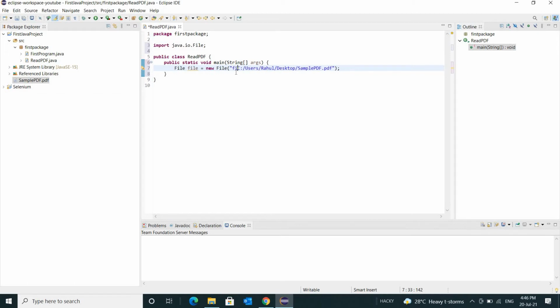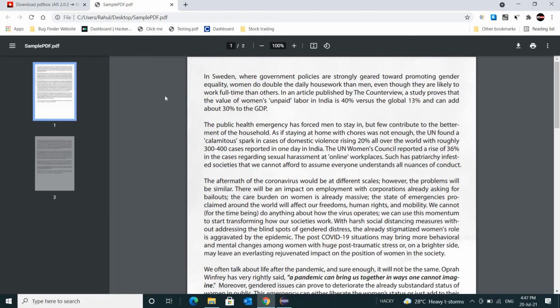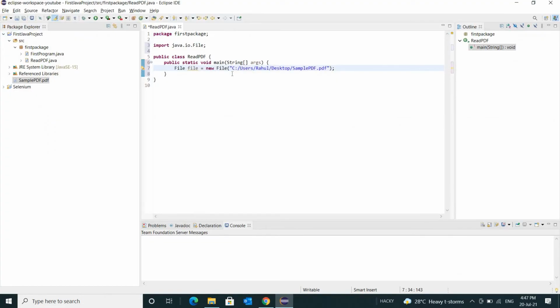Basically the address should start from C, and you have to make sure that you use double backslashes. If you are using forward slash, then you can use a single forward slash also. So basically this is correct for now. We can use both, either the location that I used earlier, or that location from C.